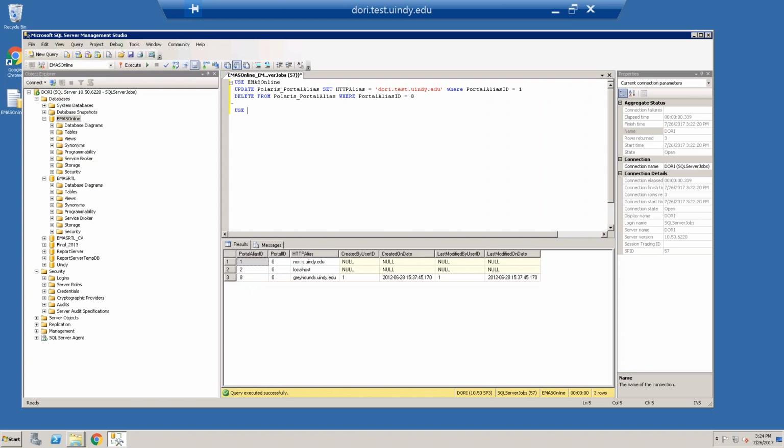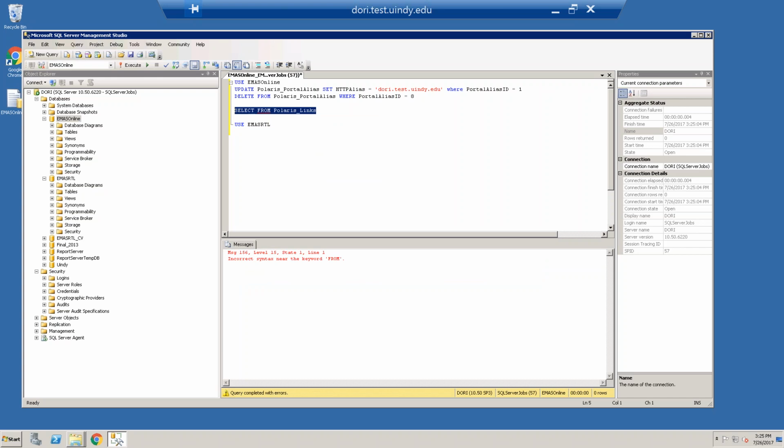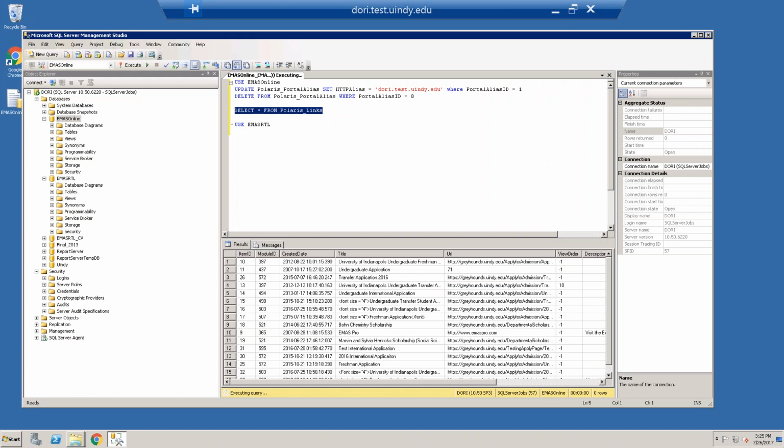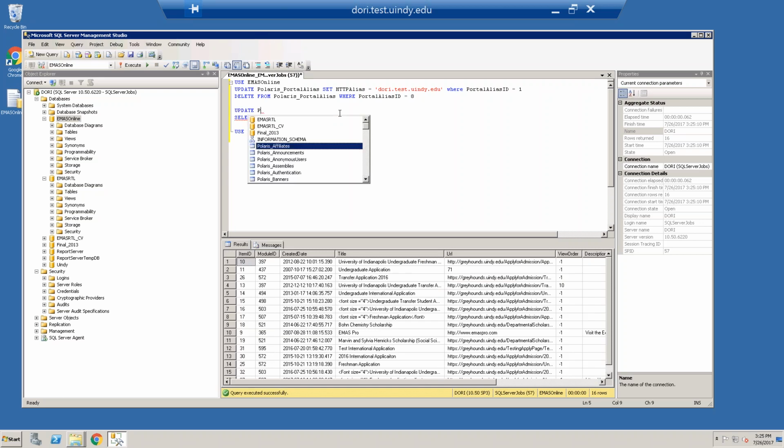Next, we need to do EMAS RTL. And in this scenario, actually, I take it back. We're going to jump back to EMAS Online. Sorry, I'm jumping around here. Select. I forgot one table. So this one we could do manually in the interface, but it's just easier to do it in the back end. So we are going to update